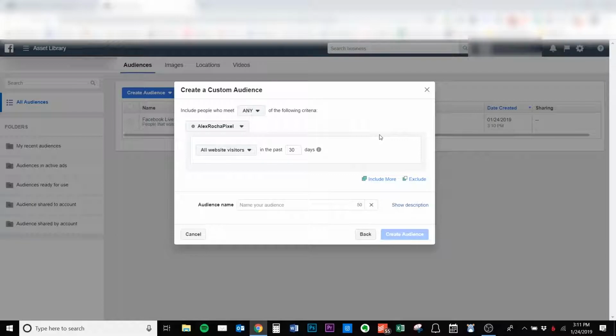So website traffic is in regards to the Facebook pixel that you should have installed on your landing pages and your website. If you don't have a pixel, just take a look at the further training in regards to the Facebook pixel, how to install it, how to utilize it. But let's say that you're fully aware of the pixel and you have it installed on your website and your